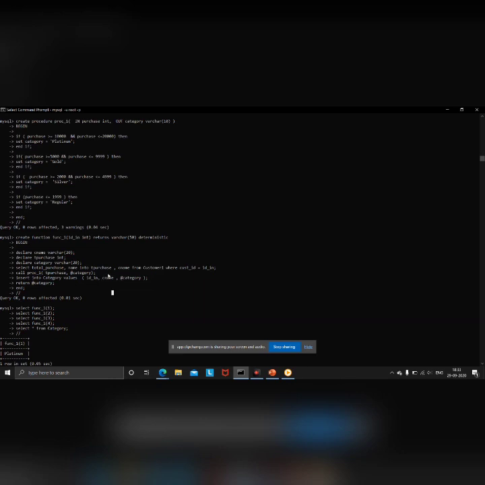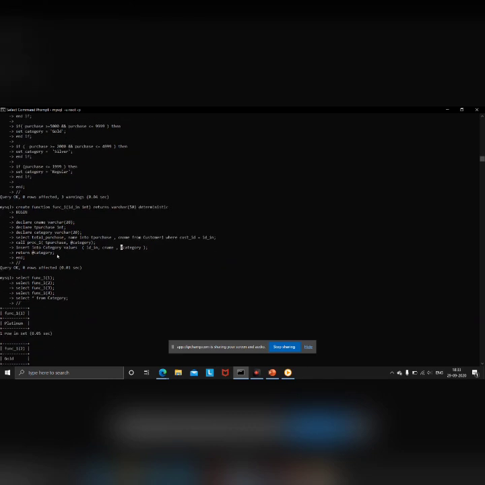When these values are returned by the procedure, then I'll be inserting these values into the category table. This will be implemented by the insert command. So insert will be inserting the id, name, and the category of the customer.